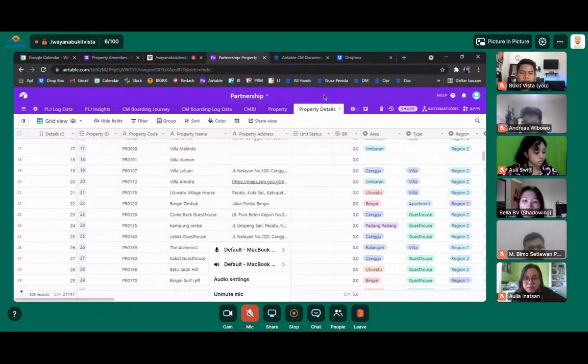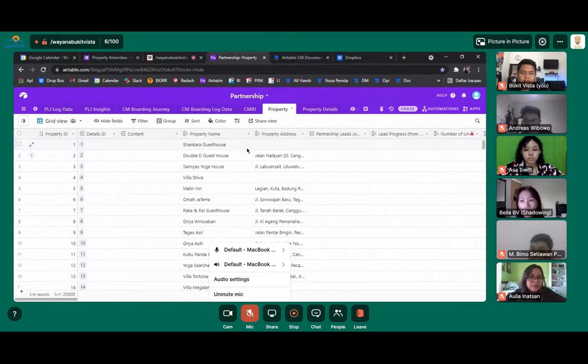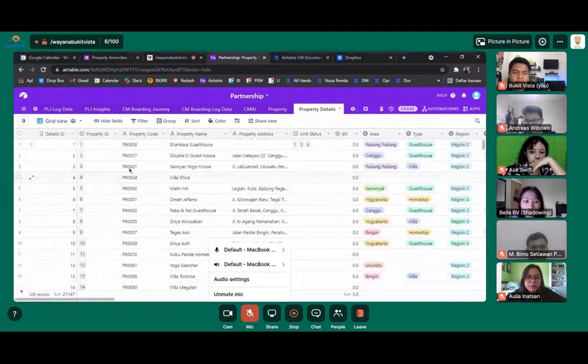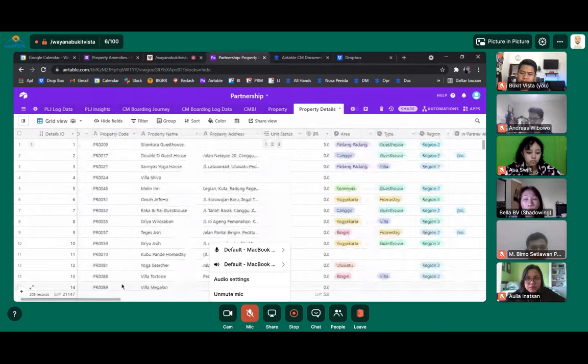Okay, I will start to explain the property. We have the main table for the property, which includes all of the data that we can have from the owner, from the property details, owner details, and else. And just like what I have explained before, we can have the information from the form. Same as the BD use, we use the details ID as the primary key, and the property ID is from the property, and the property code is from the data that we have after we partner with the property owner.